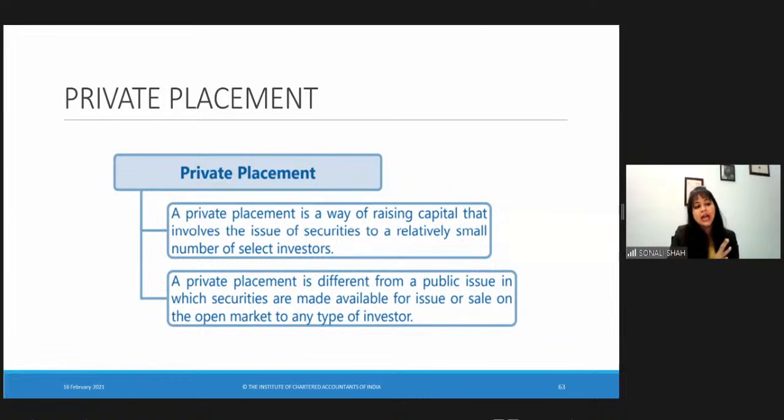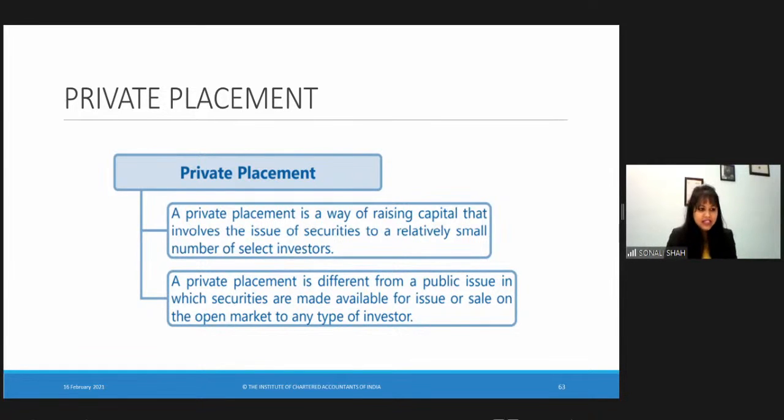So when we had started this chapter, if you remember, we were talking about that allotment of securities is done, offer of securities is done by public company and private company both. Public company does it through offer for sale, IPO, and public offer, right? And private placement as well. But private company could offer its securities only through private placement. Now, how does this private placement happen?